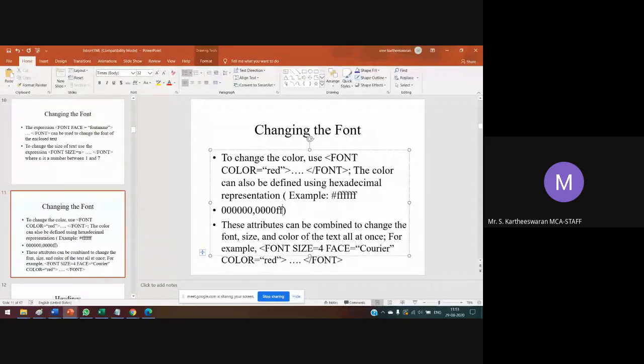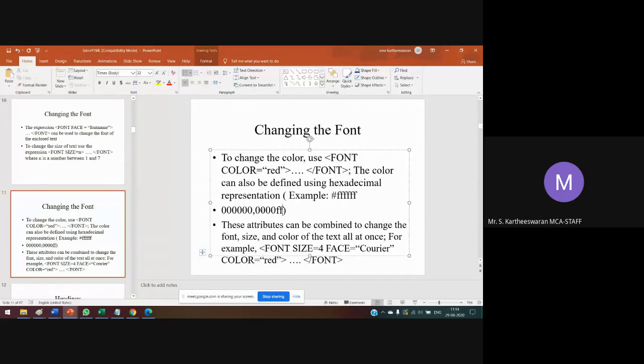Okay. So you have to change the font color using the color attribute. Color equal to red, and instead of the color name you can mention the hexadecimal representation FF, a similar kind of red color. The next one is font size.